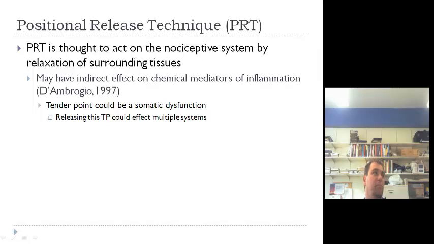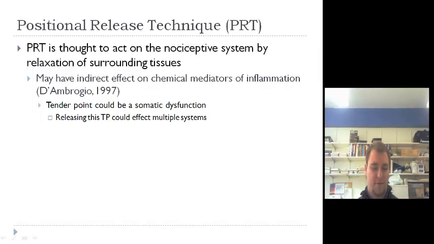I saw her yesterday at an open house for my campus, and she said that her calf is painful now. She could barely kneel down to the ground when she was doing a dance last night at rehearsal. And I'm thinking to myself, well, this could affect multiple body systems. The chemical mediators of inflammation. Her IT band didn't hurt to a point, but I've now caused pain in other areas of the body. So what am I doing? I've noticed this with a couple of dancers I've treated with positional release.